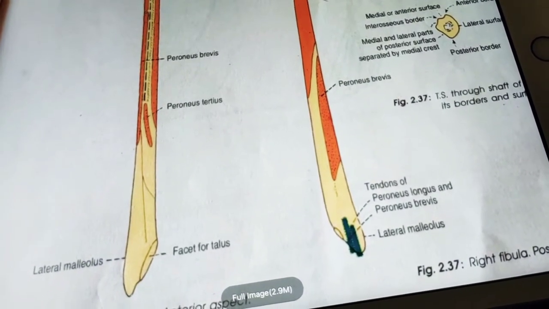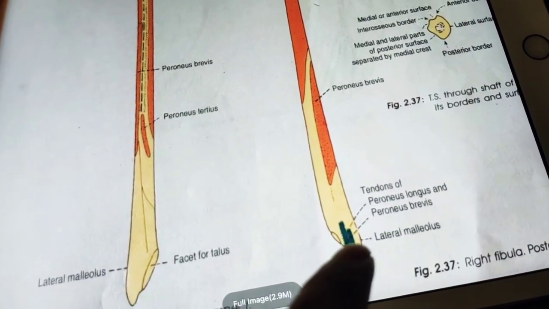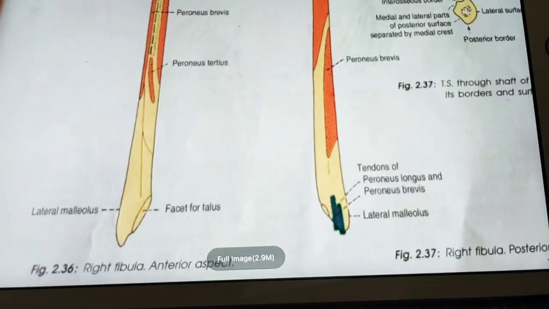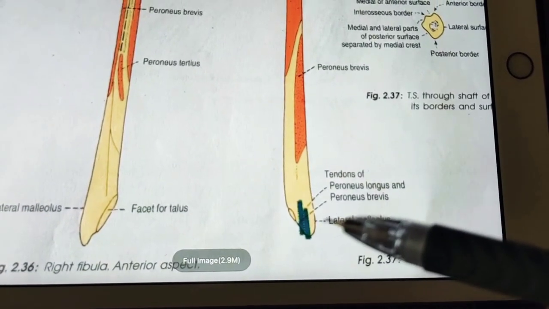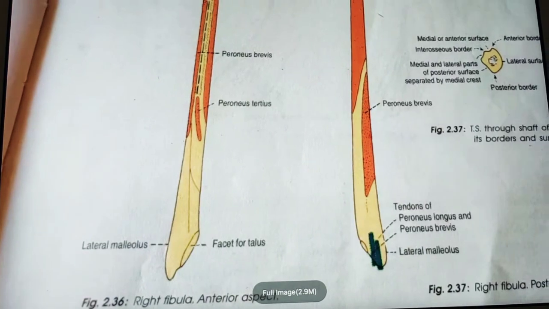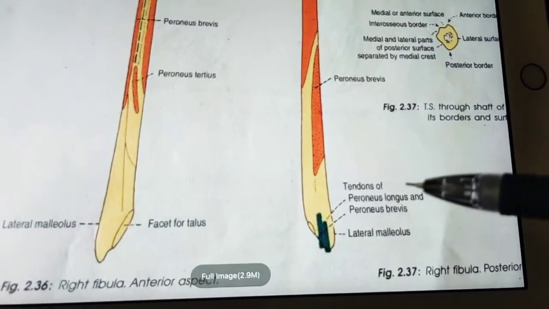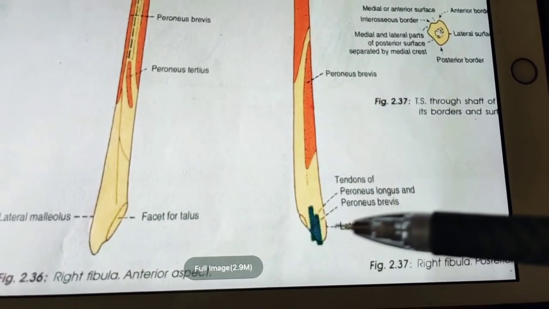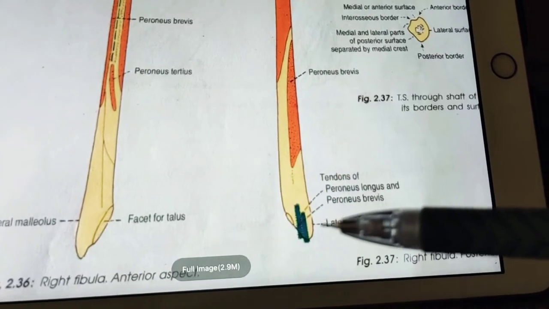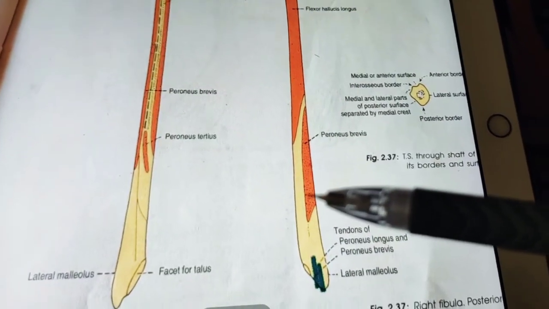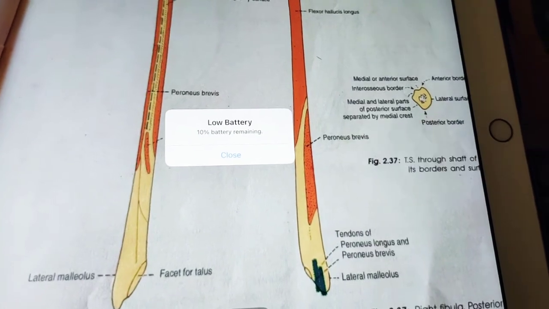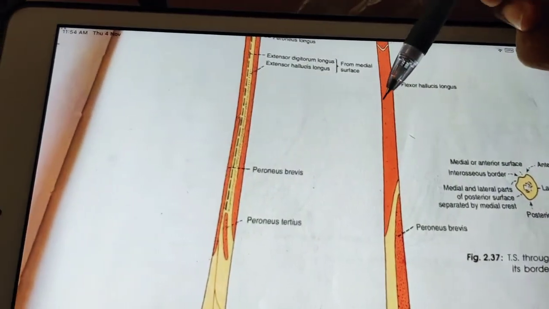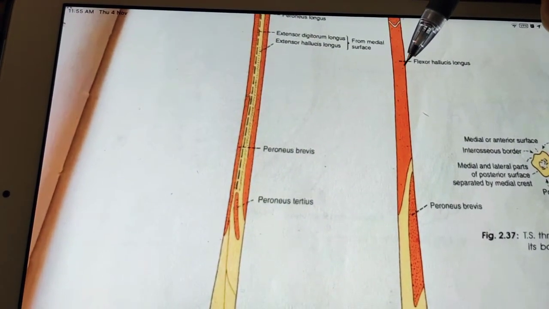Next, coming to the groove on the posterior surface of the malleolus, this groove mainly lodges the tendon of peroneus brevis. Here you can see peroneus brevis is mentioned, so its tendon will get attached there, and it is deep, and peroneus longus which is superficial. So both peroneus longus and peroneus brevis tendons are here, but the peroneus longus is superficial whereas peroneus brevis is deep. Now coming to the blood supply, the fibula is mainly supplied by the peroneal artery and gives a nutrient artery to the fibula. Somewhere over here will be the nutrient artery for the fibula, which enters the bone on the posterior surface.